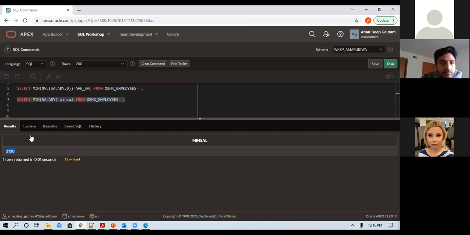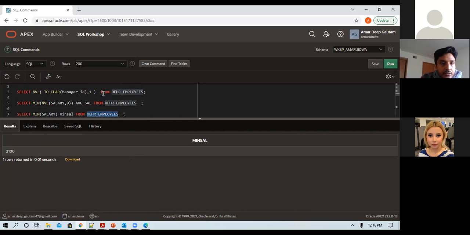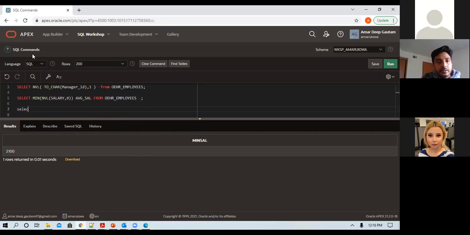The minimum salary. It seems like this table has a salary for everything. So what I actually meant here is, let's say, do average.